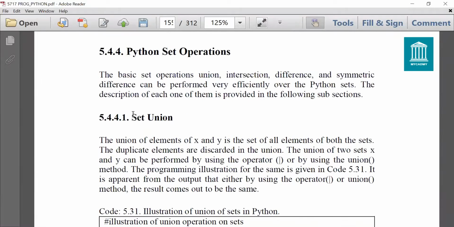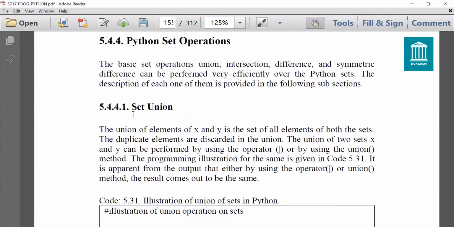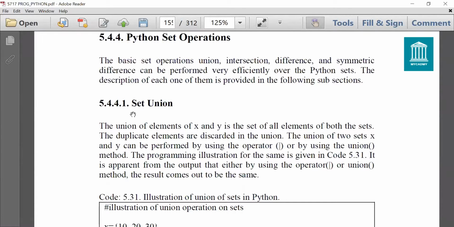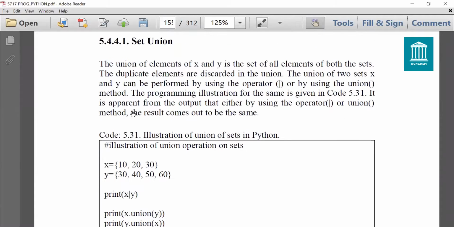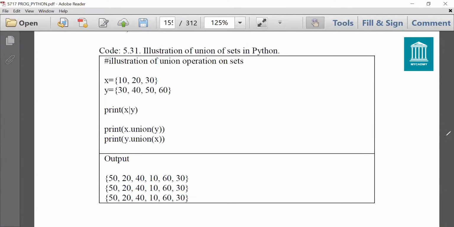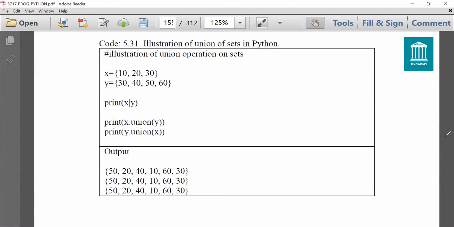Now Python set operations, which are very important and you have used in mathematics also. The very first and the most common operation is set union. Union means to concatenate or combine all the elements of two sets. To perform union among them, that can be done by using the union method. So you can use this operator. The symbol is this pipeline.